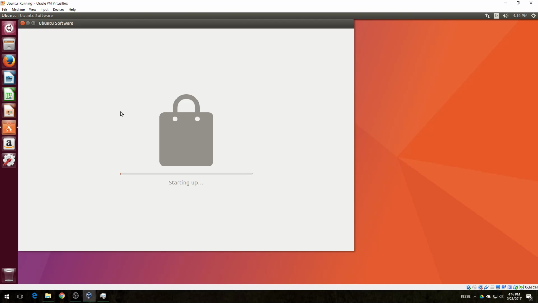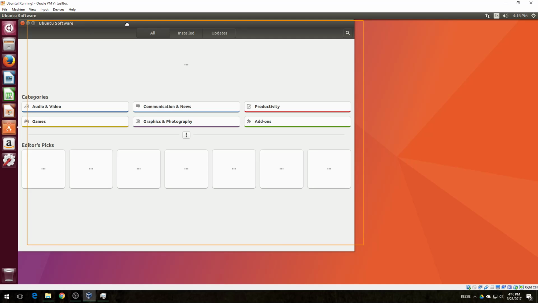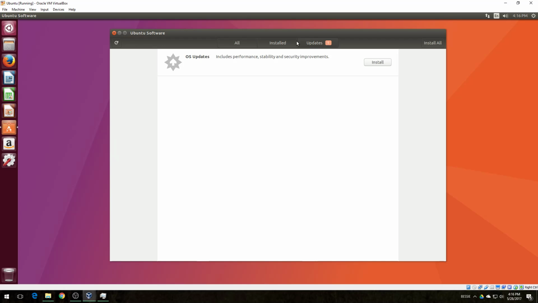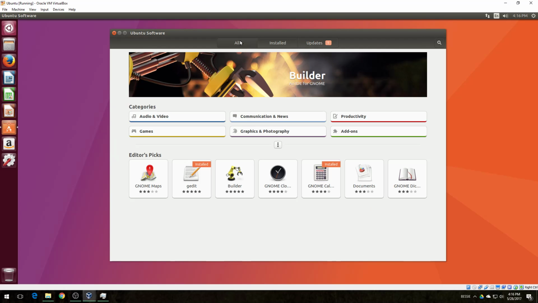This little program here is a way for you to install software. I've never personally used it because there's no reason to use it. I just use the command line to install software that I want.